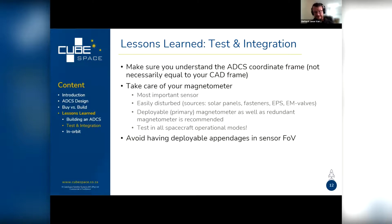There might be a payload or a subsystem that's only used in certain scenarios, and it might generate a significant magnetic disturbance, and you want to make sure that you capture all of those operational modes when you're testing your magnetometer on ground. And moving on from the magnetometer,